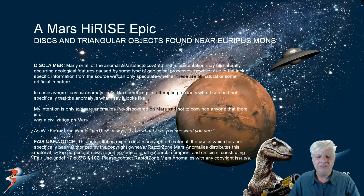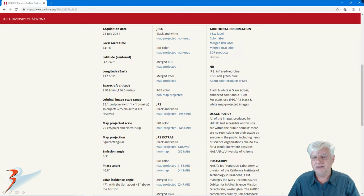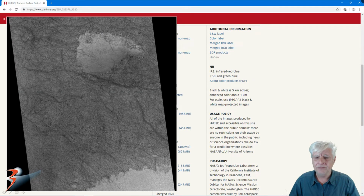We're back on Mars near Euripus Mons. We have discovered disks and triangular objects littering this HiRISE photograph called Textured Surface east of Euripus Mons, acquired by the HiRISE on the 23rd of July 2011 at a high resolution of 25 centimeters per pixel. And as usual, I'm showing you images cropped from the JP2 black and white map projected file. There's a crop from the low-res JPEG, and we're going to be checking out the anomalies that are found in